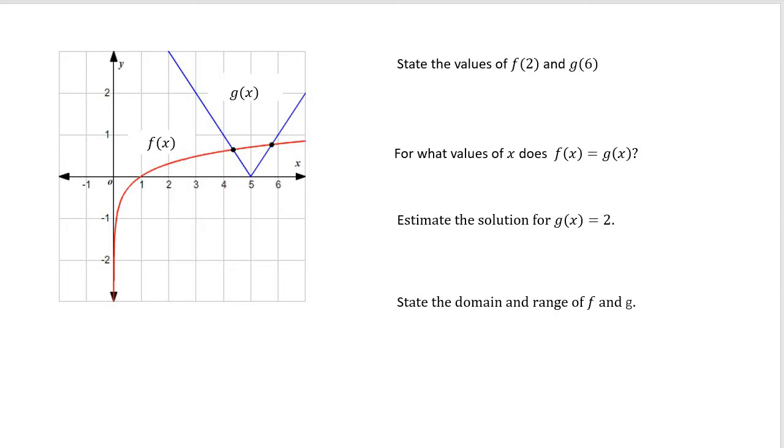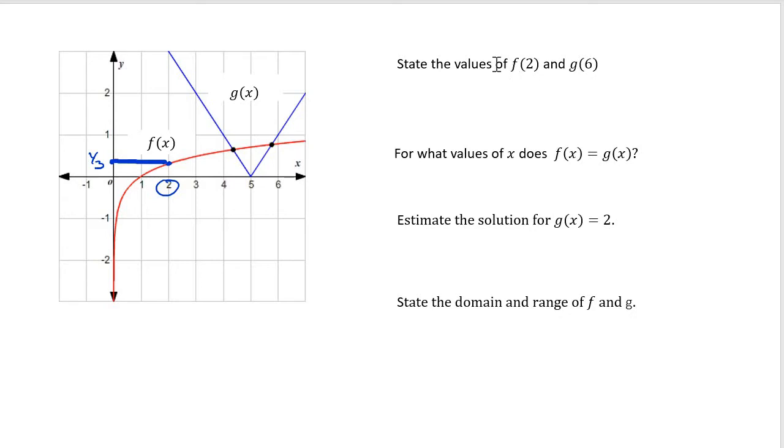I had to make up a problem for you because the answers on the other one are very similar, but the ideas are all the same. So the first thing is that you're asked to state the values of these two drawn functions at particular points. I just picked 2 and 6 kind of randomly. And then I made some of the other questions pretty similar. So to go to that first one,